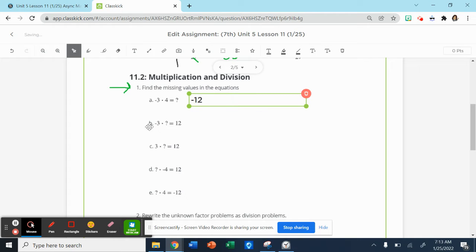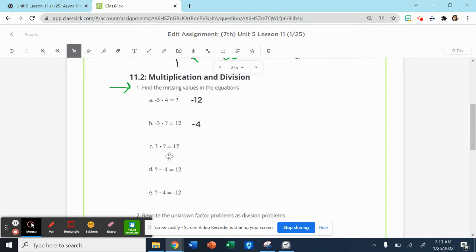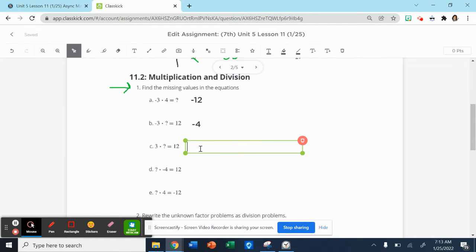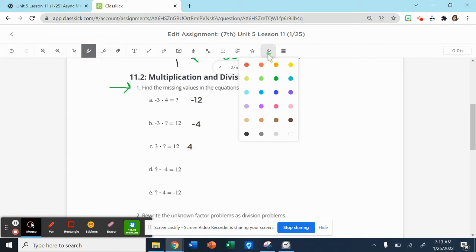equal to negative 12. That means that in B, we're multiplying 3 times 4 to get 12, but we're multiplying a negative times something to get a positive, which means we know question mark needs to be negative 4 because negative times negative equals positive. In question C, we're multiplying a positive times something to get a positive, so we know our missing number also needs to be positive. Notice that the way I'm thinking about these questions is I'm first identifying whether each product